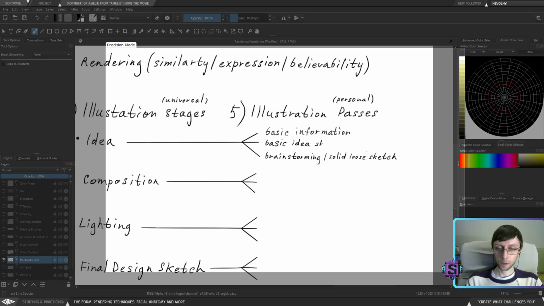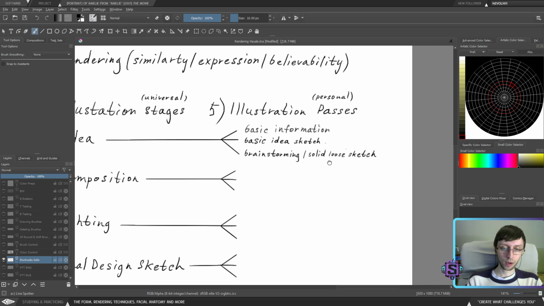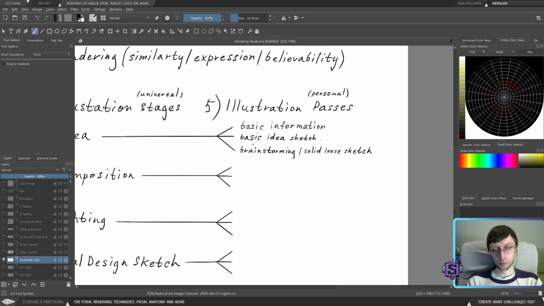So basic idea sketch. So yeah, basic information. When you're gathering your information, you will try to apply this information to the actual visuals. Once you gather enough, then you will go into the brainstorming when you're trying to work on your basic sketch and explore it further, to make things a little bit more interesting. This is the exact way to work with the basic composition.